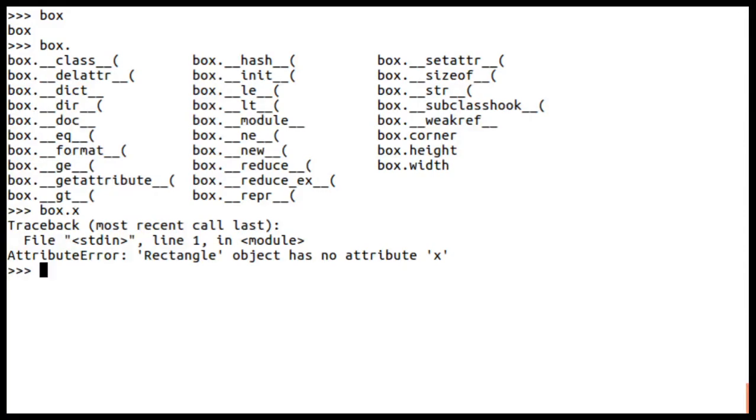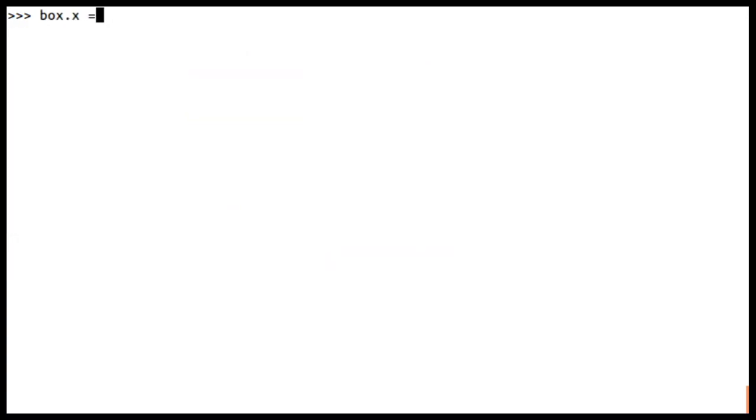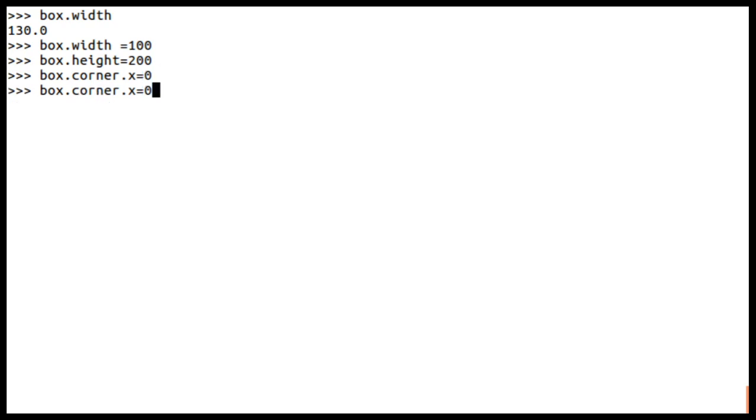I'll initialize box dot width, it is 130, but I'll initialize it once again to 100, and box dot height, let me initialize this to 200. And the corner points: box dot corner dot x is equal to 0, and corner dot y is 0.